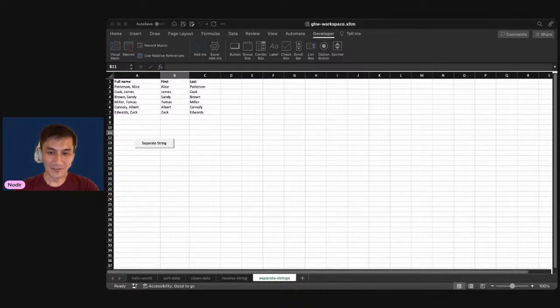Excel provides sorting facilities. For example, we can sort by one field, by many fields. But when we write our own macro for sorting, for cleaning data, or for analyzing data, such as calculating mode, median, mean,